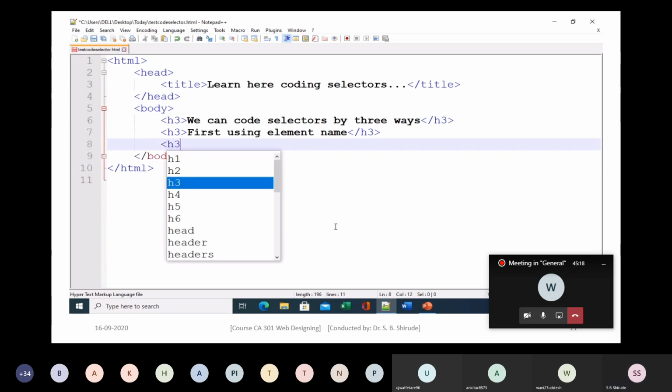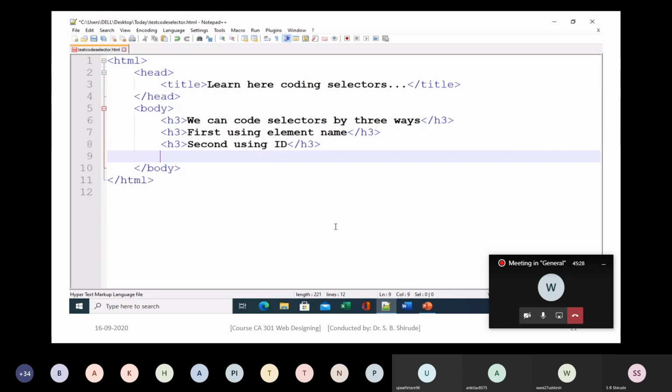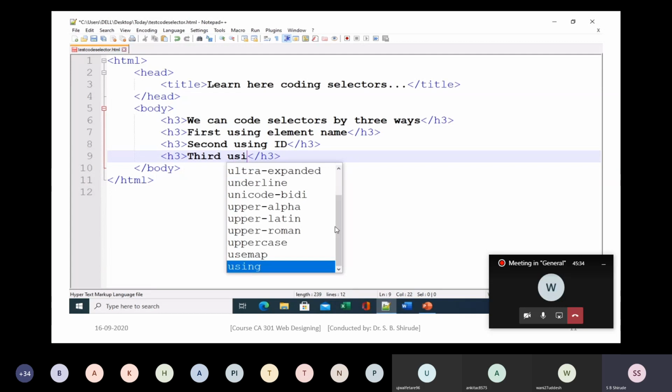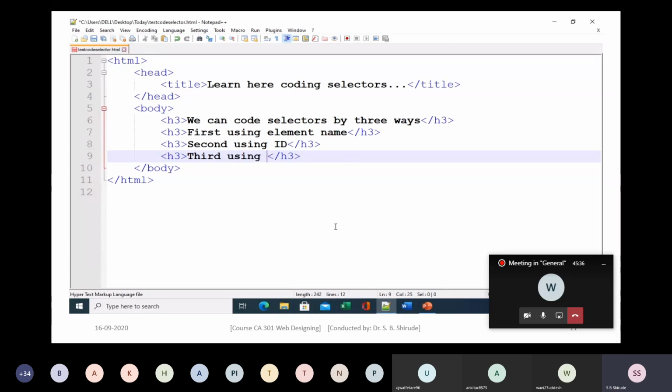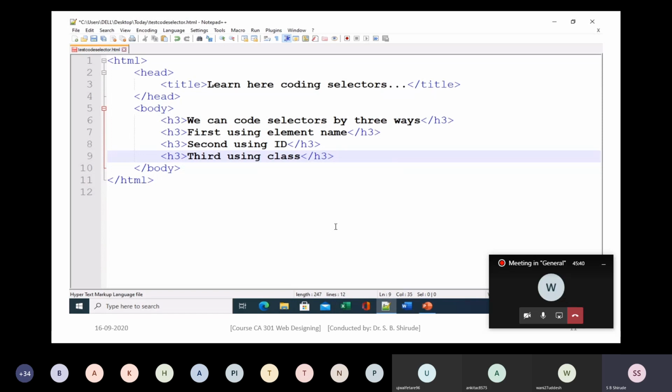Second, using ID. The second way is using ID, meaning identifier. So you have to give that ID as an attribute value to that element. Third, using class. Class is again a common attribute that you can use on any element.